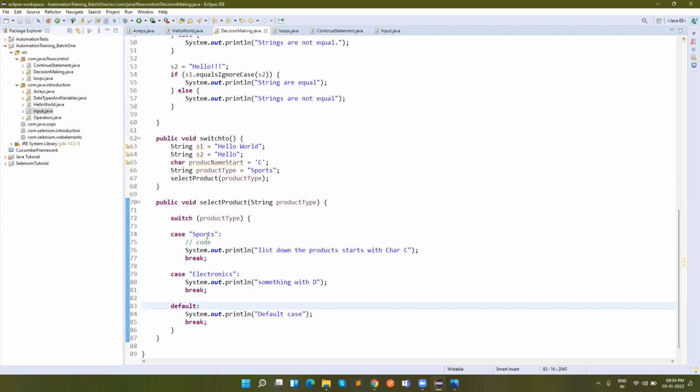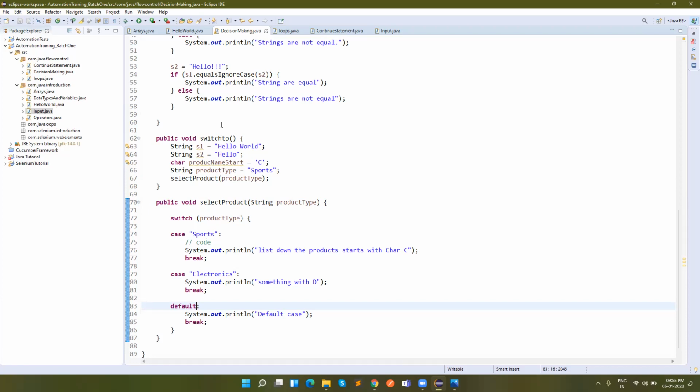As I've said, the switch statement or switch case statement is a multi-way branch statement. It's an easy way to execute different parts of code based on the expression or the condition given.